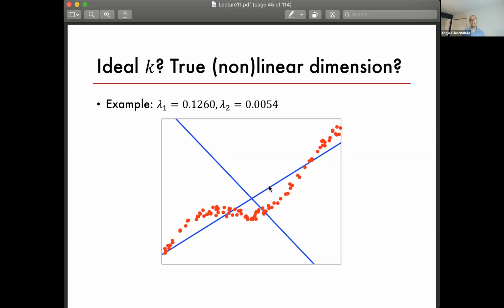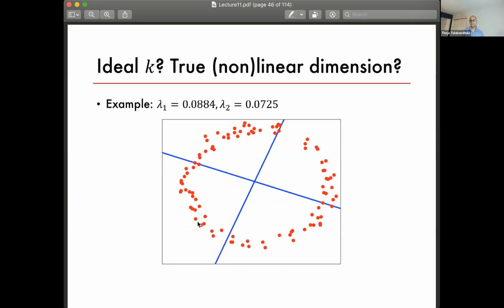Similarly here, even though this is a slightly weaker data set, you can still see that between lambda 1 and lambda 2 there's a big drop off. So if you want to reduce dimensions from 2 to 1, you could just focus on the first dimension. Okay. Similarly, if you look at the third example from before, which was basically a circle with some noise on the circle,